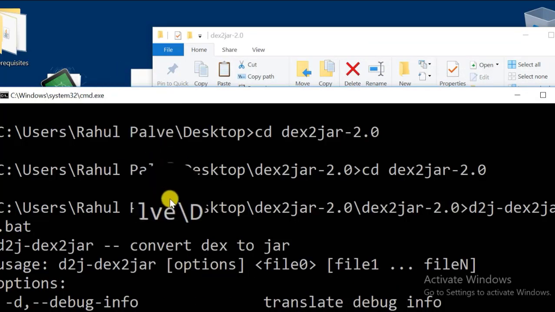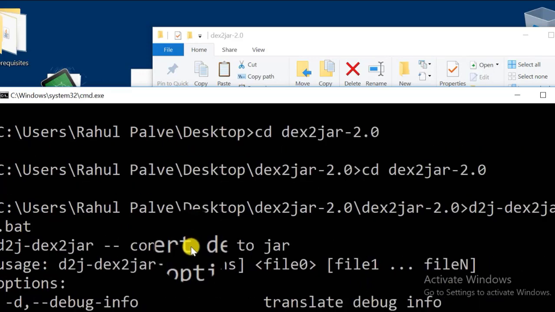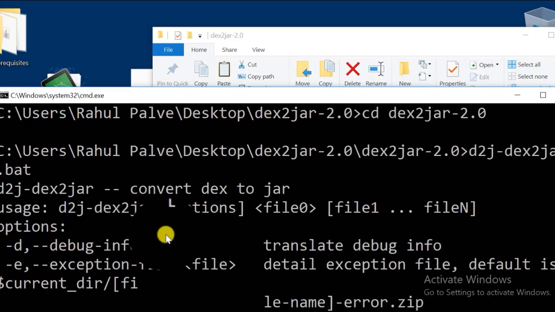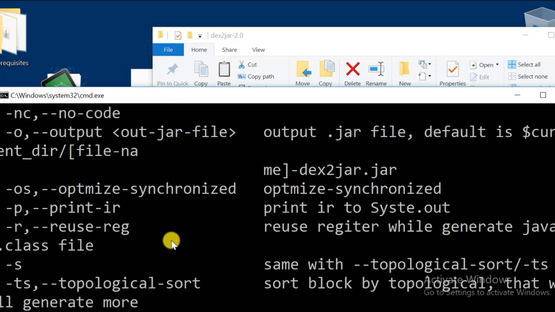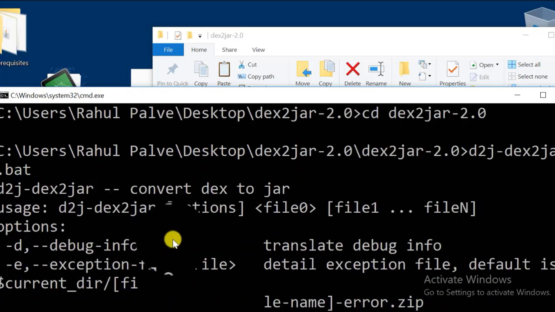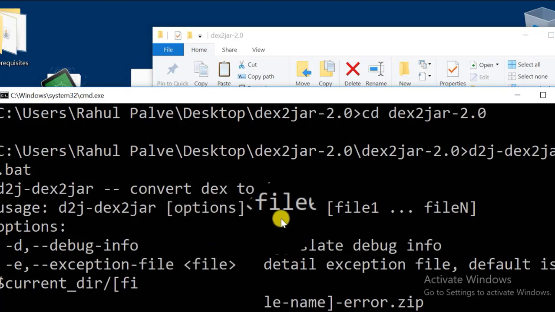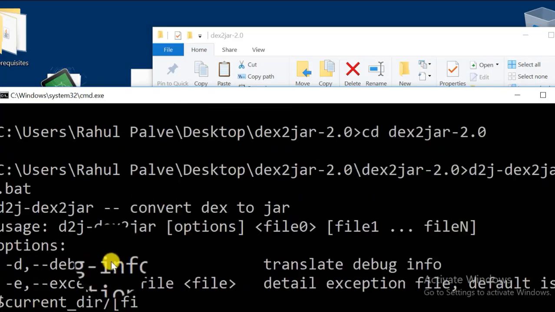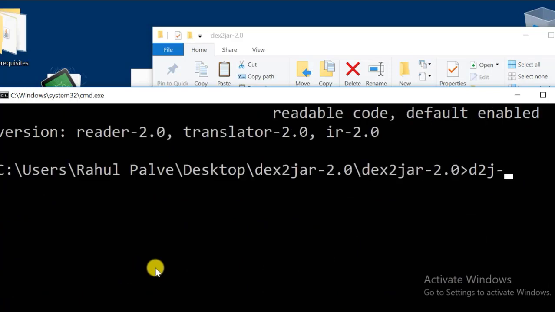Now copy and paste the Android app to the parent directory of dex2jar. Now enter the command d2j-dex2jar.bat and the apk name, and hit enter.